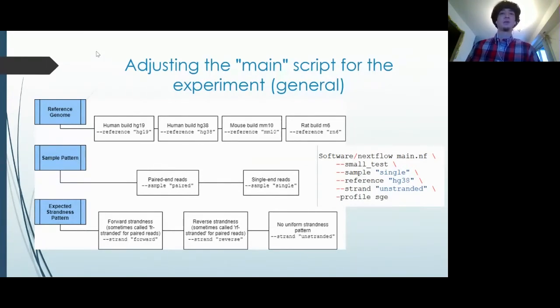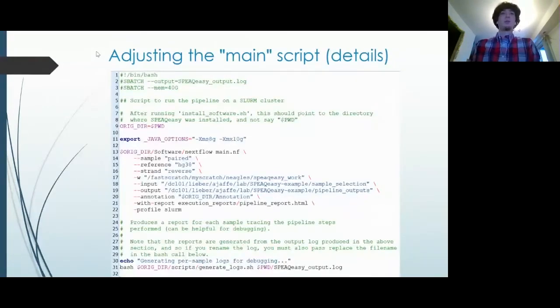So in Speakeasy, those are called forward, reverse, and unstranded. Note that forward is sometimes called FR stranded for paired reads. Reverse is sometimes called RF stranded. There are a bunch of different names, but those are the 3 options. So to get more into the details, let's say we're running this